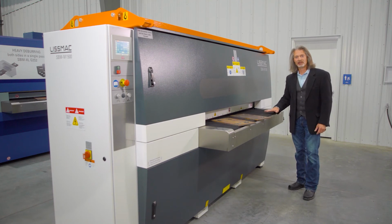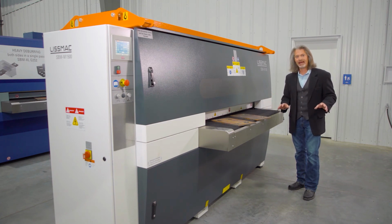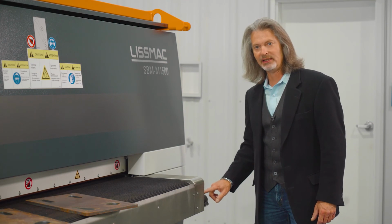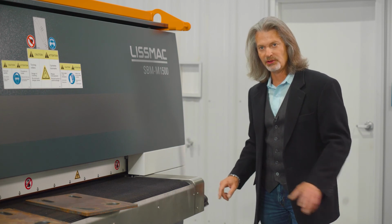Because this machine has a constant pass line, you can integrate an extension table on the in-feed or the out-feed side and not have to adjust the height of those tables every time you change the thickness of the part that you're processing. Each machine comes with a standard control that you would plug the motorized conveyor table into as